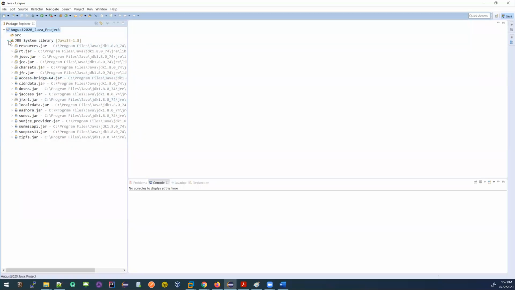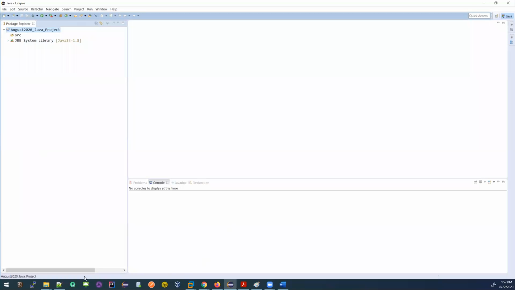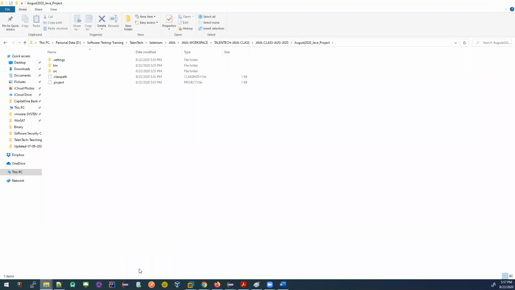So a project folder is created. Inside this project folder, some important files are there. Now, see SRC means source. Anything you want to write for this project will be your source code. It will be in here, which is empty right now.